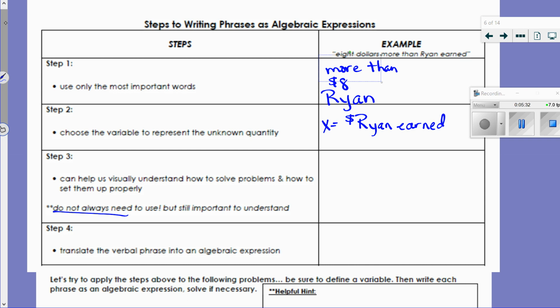So if I have $8 more than Ryan earned, how would I model that? More than tells me two things, actually. If you guys remember back to Module 1, we called more than and less than flipping phrases. You guys remember that term? If you don't, get it back in your head because you're going to really need this over the next couple weeks. Flipping phrase. In other words, when I say more than, I'm actually reversing the order